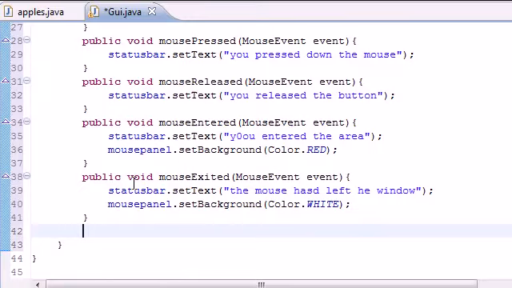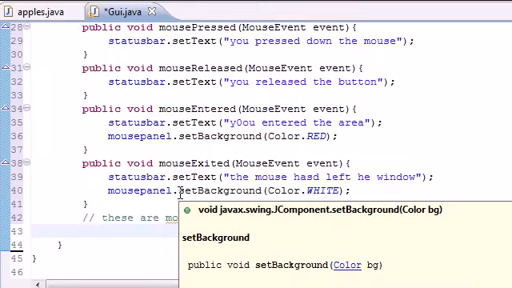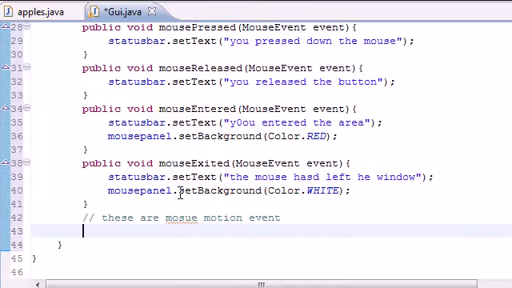So public, I'm gonna make a little comment. These are mouse motion events, so not just the typical mouse listener or whatever. So the first method we need to make is called mouse dragged. So public void mouse